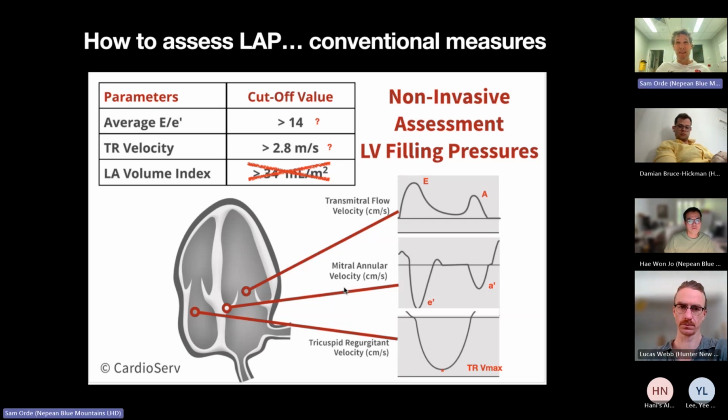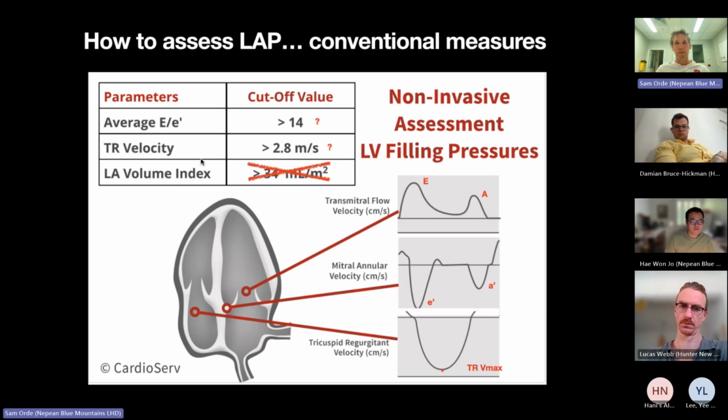We've got about 1 million things that can raise up our TR velocity in the ICU population, not least hypoxia, hypercarbia, acidosis with reflex pulmonary vasoconstriction, PEEP, tidal volumes, mean airway pressures. All of these things are going to affect